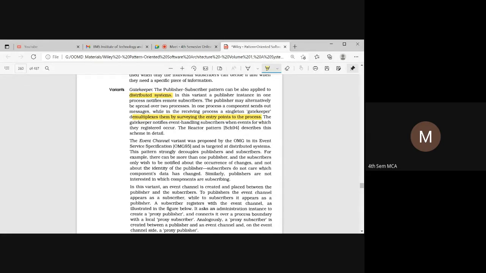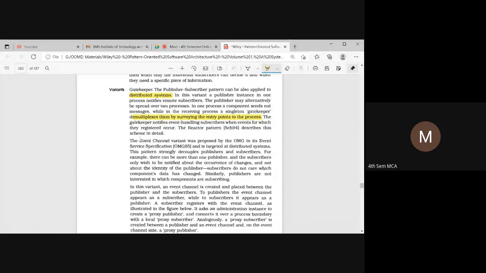That we call multiplexing. If n number of resources are there and we need to combine them together, that we call multiplexing. So this gatekeeper will notify whatever events it is handling, and it is going to act accordingly.